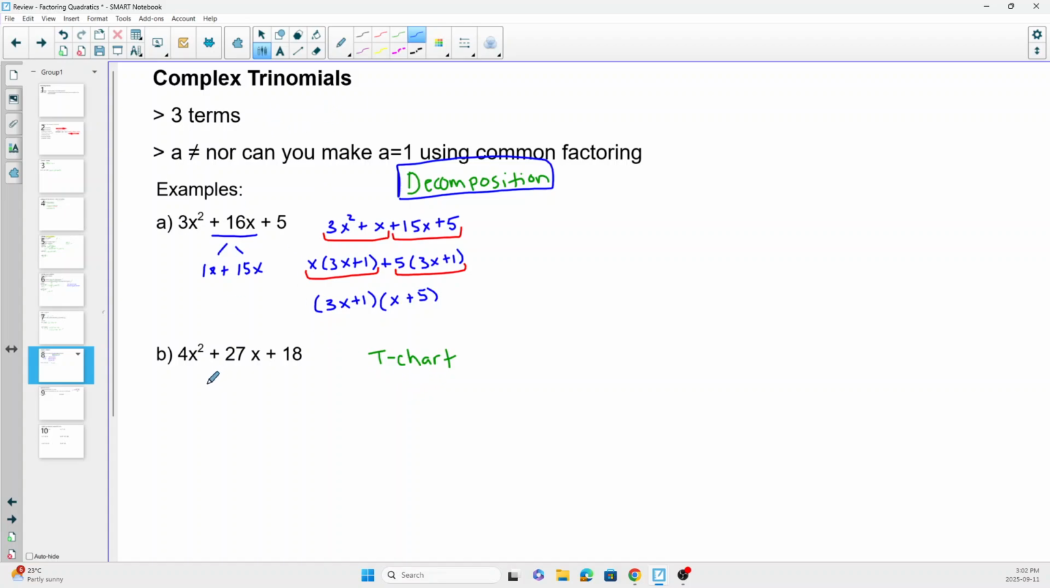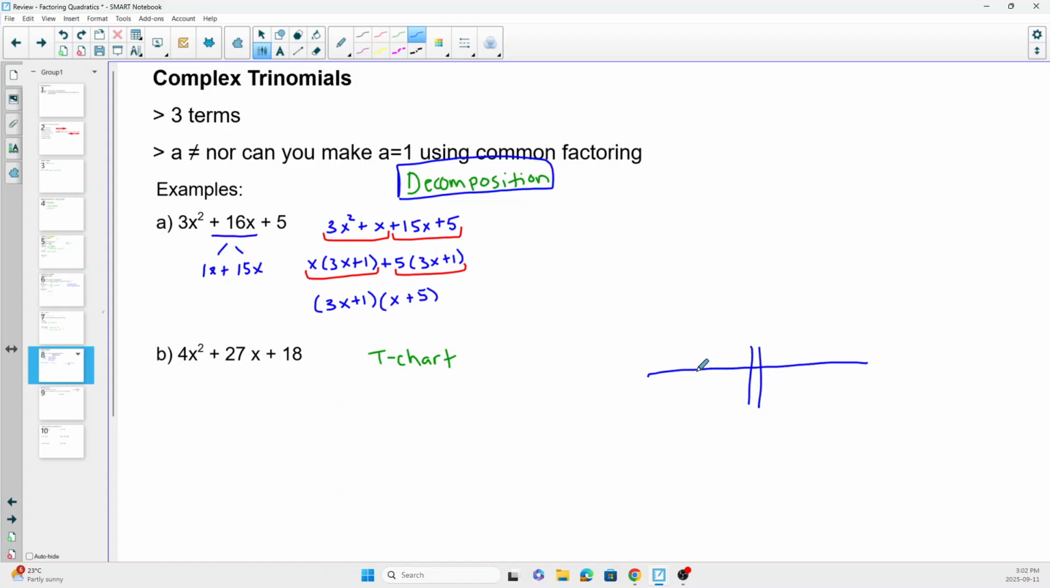So again, I've got 3 terms, 1, 2, 3. A is not equal to 1, nor can I make A equal 1. I cannot divide 27 by 4, and I can't divide 18 by 4, so I'm stuck. And so with this method, you're going to create this T-chart,